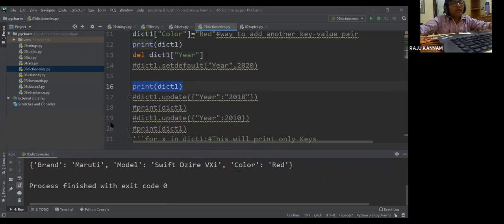In the dictionary, you can set any key as a default key also. For that, we have another function, setdefault.